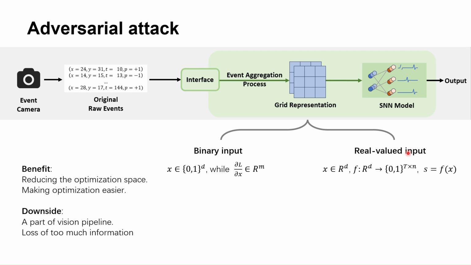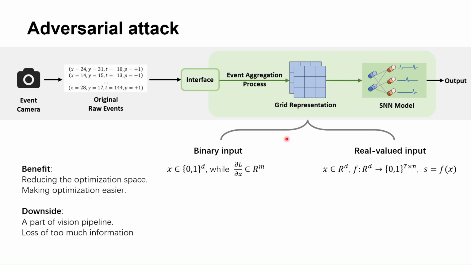First, grid-based representation serves as the intermediate stage between raw event data and the SNN processing pipeline. If a model only accepts raw event data, this attack method becomes ineffective. Number two, even when frames are used to simulate original event data, there is still a significant discrepancy, especially since event indices information is lost during the attack.